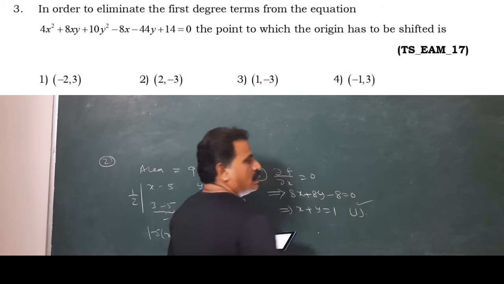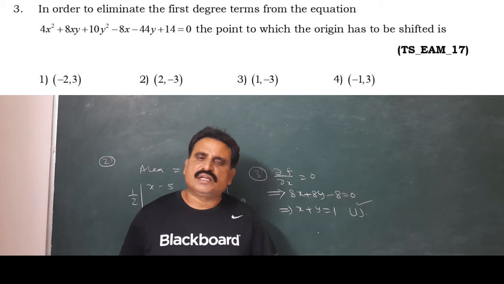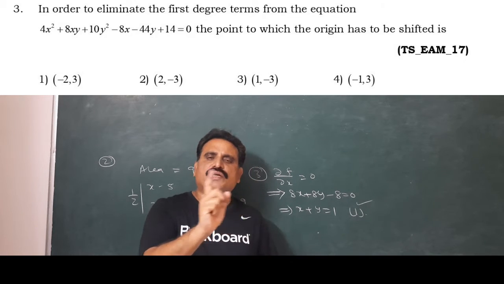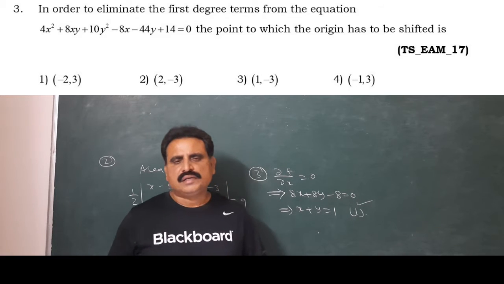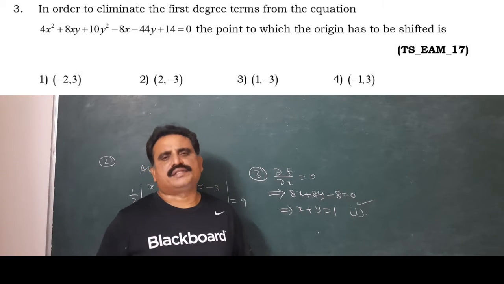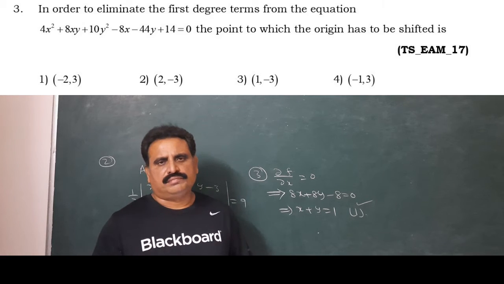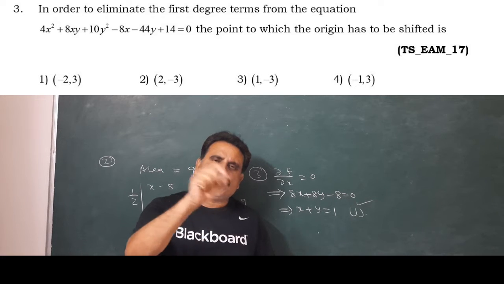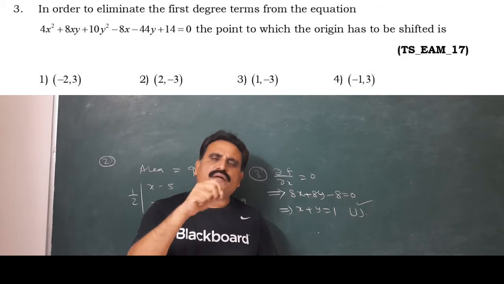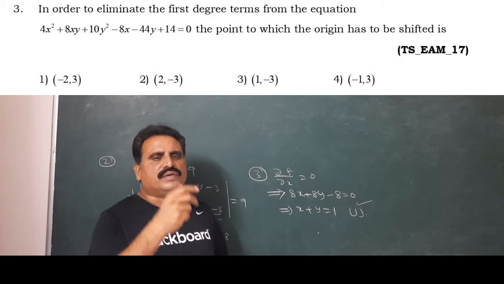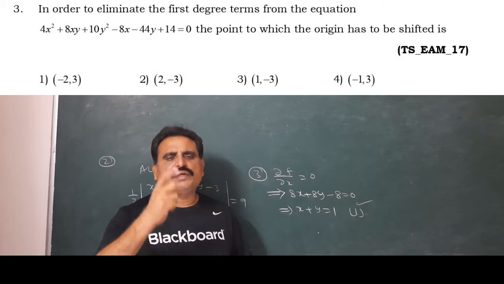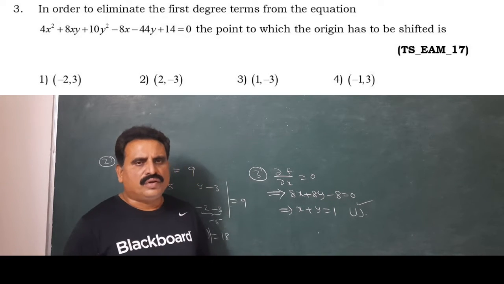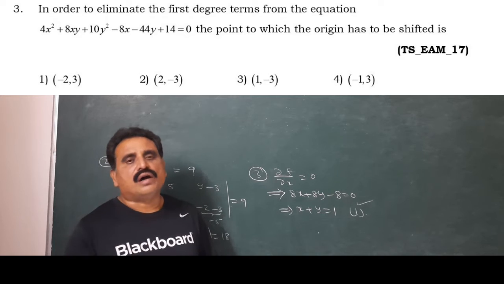My dear students, observe that the options are given like this: (alpha, beta), (minus alpha, beta), (alpha, minus beta), (minus alpha, minus beta). That means each point is in a different quadrant, but the numerical value is the same in different coordinates. Generally, the options are given like that. If any option satisfies, that's enough, because automatically only one point will satisfy. Most of the problems are like that. So here, first option satisfies. In general, you need not go on to verify the remaining three options.